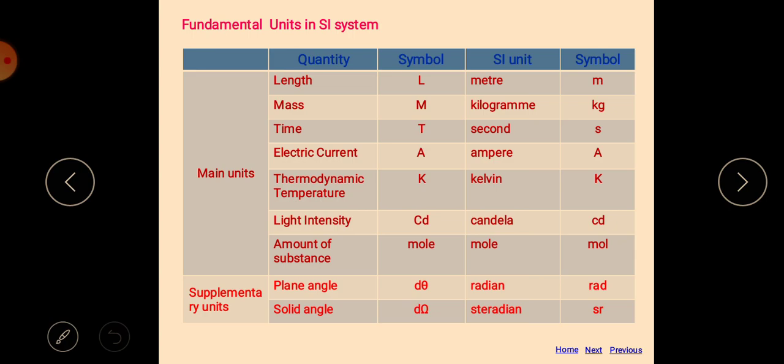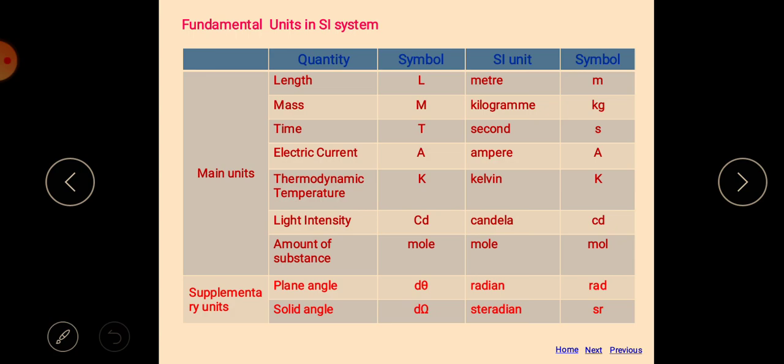involved, and if we think about thermodynamics, there is a quantity temperature, and when we talk about the measurement of light, it is light intensity, and the amount of substance is generally used in chemistry. The SI unit of length is meter, the symbol is small m, mass kilogram, time second, electric current ampere, thermodynamic temperature, or simply temperature, Kelvin, light intensity, then amount